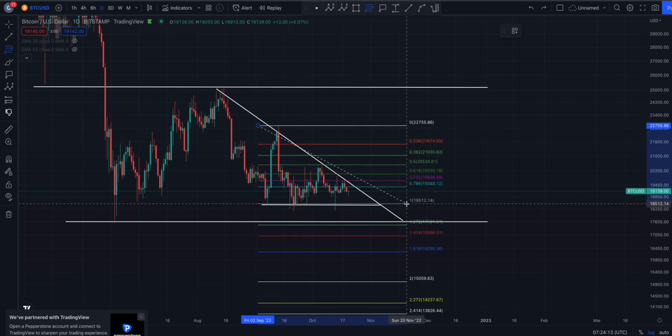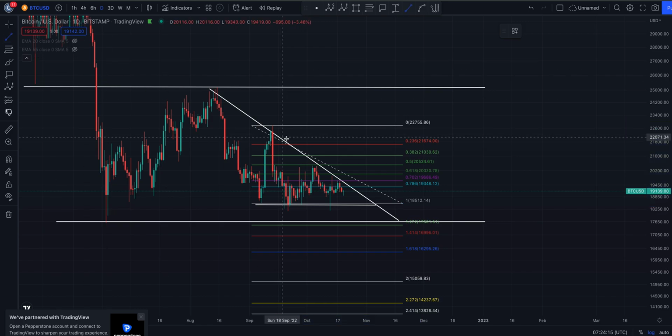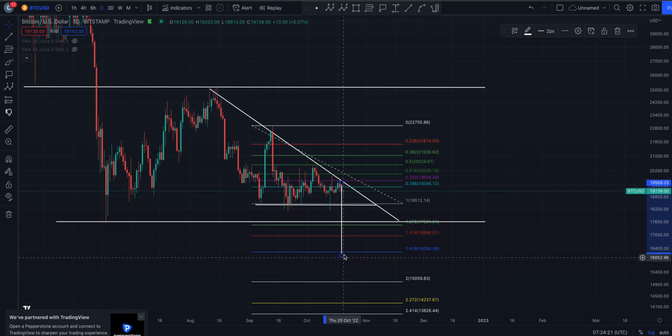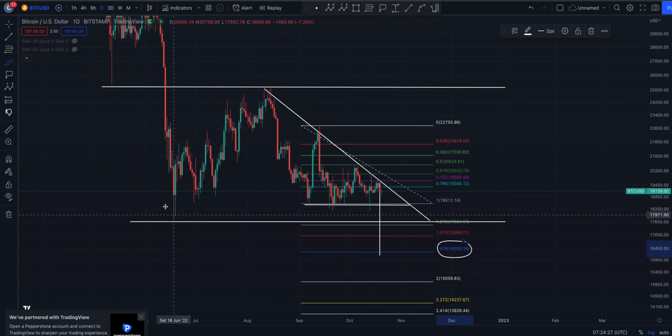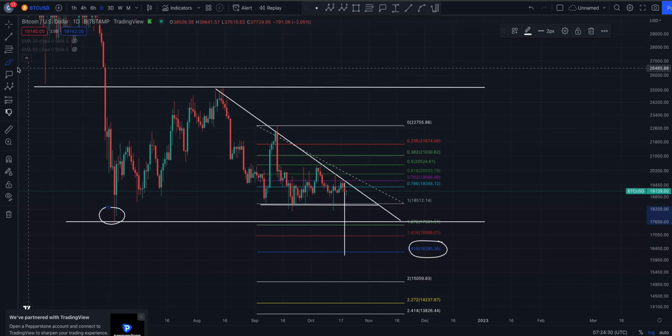If we go down to that low, you can see that if you do lose support, and this is a descending triangle where you've lost support, you'll be coming down and meeting the 1618 target at 16.295k. At that point you'll be losing this low, and it could be quite negative for Bitcoin, because if you do start to tumble down here, okay, if you do start to come back up